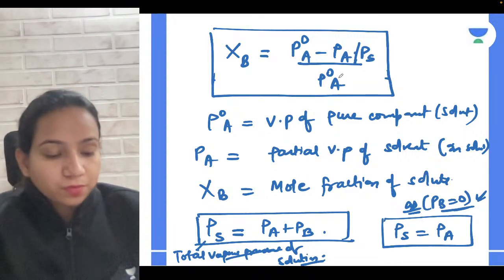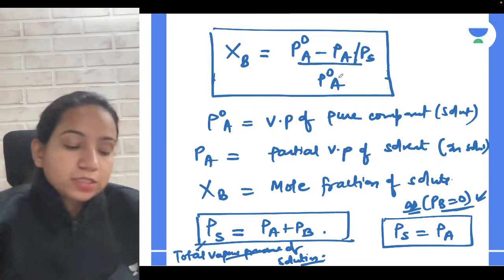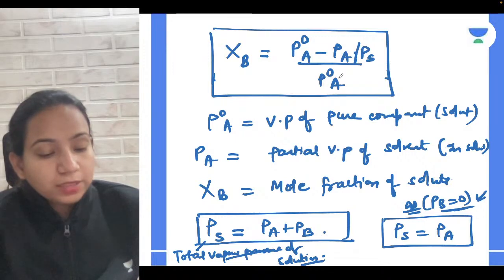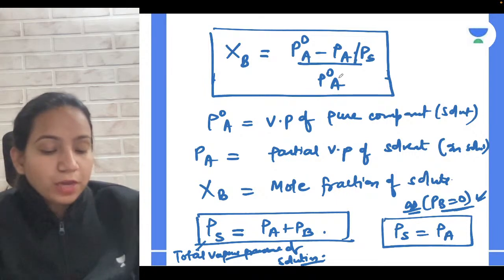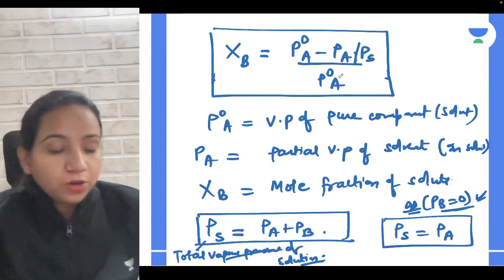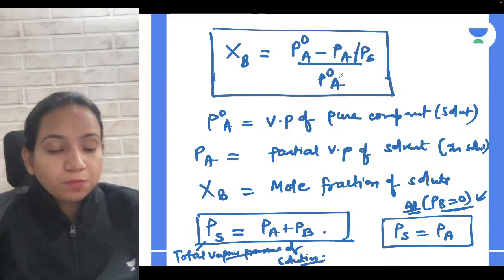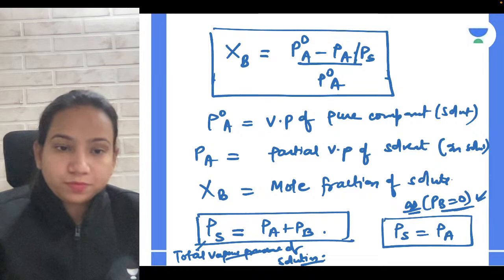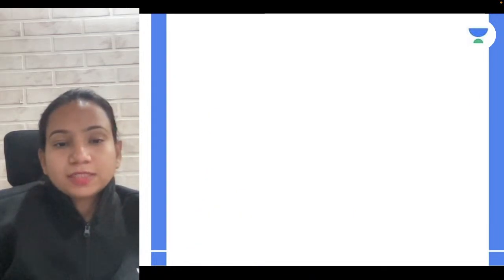Yes, it's clear. So let's discuss one more colligative property as well, which is depression in freezing point. And after that we'll be learning a few questions related to it. Let's see who will be able to relate. But I hope everyone has understood the relative lowering of vapor pressure. Is anyone having any doubt? You can tell. So let's discuss the second